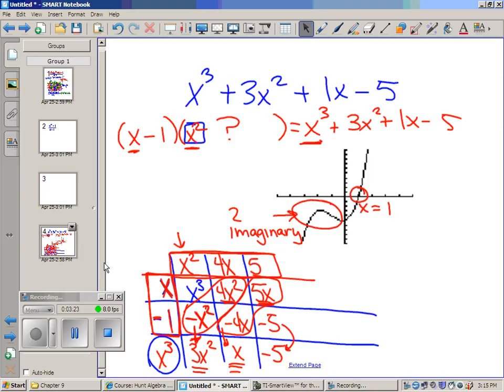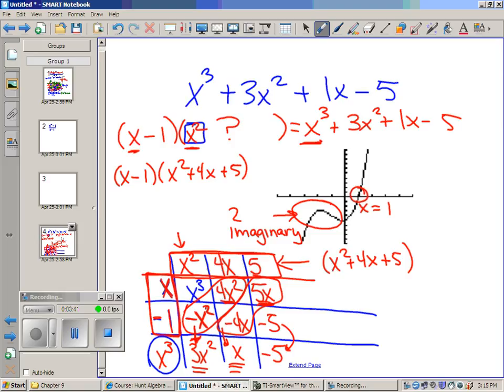So I'm done. So now I know this is the answer. X squared plus 4x plus 5 is the other factor. So I know x minus 1 times x squared plus 4x plus 5 is equal to that polynomial. Now this is a squared. I could either use the quadratic formula, or I can factor this into x plus 1 times x minus 1 times x plus 5,